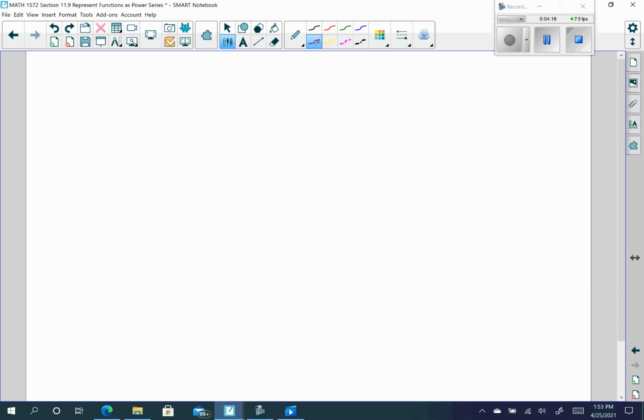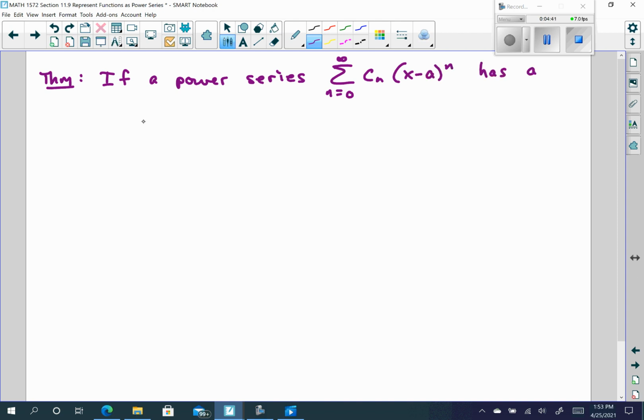So let's look at a theorem now. And this theorem says if a power series, that's what we saw from 11.8, as n goes from 0 to infinity of c sub n times the quantity x minus a to the nth power, has a radius of convergence some value r which is greater than 0, then the function f defined by